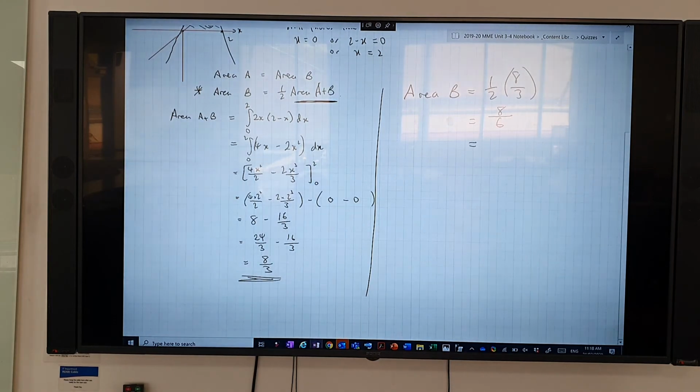But look what you can do. You actually can say 4/3, because remember, if you want, you can cancel it out. You can do how many 2's go into 8, 4, or you can cancel it out. Are you welcome to leave it as 8/6? Yes. Just cancel it down.